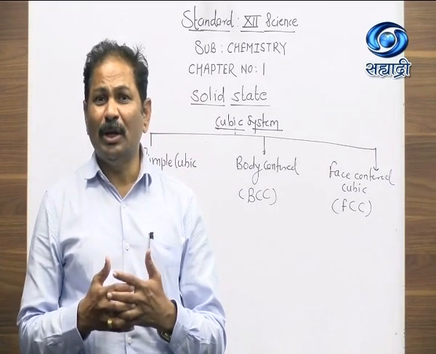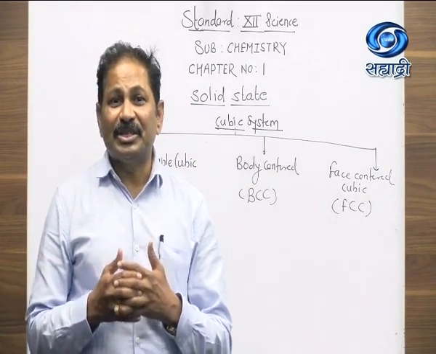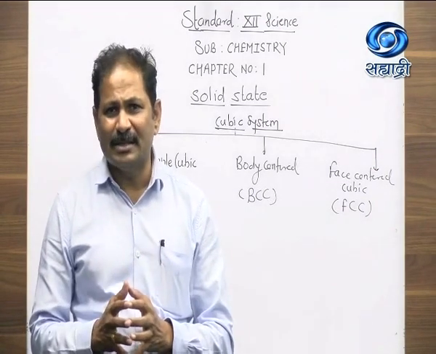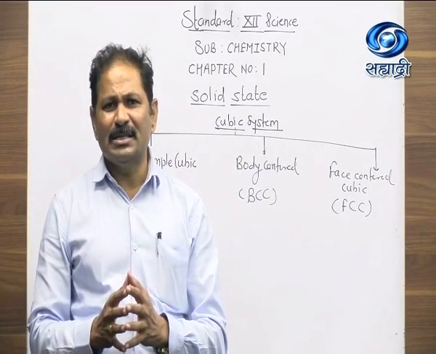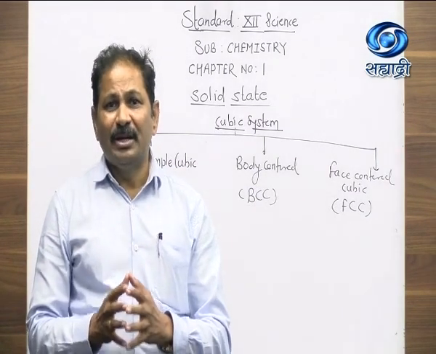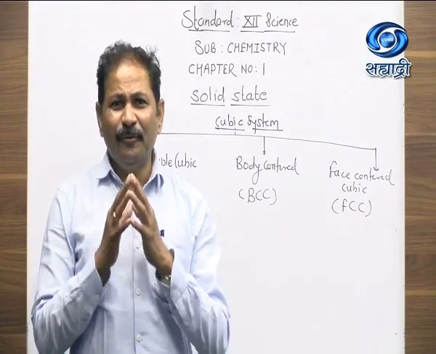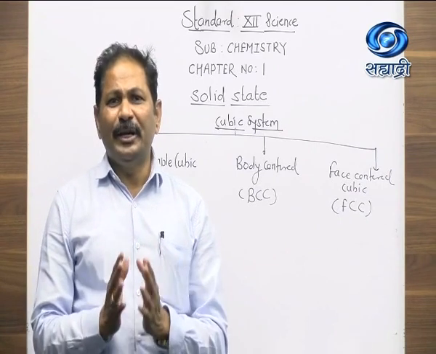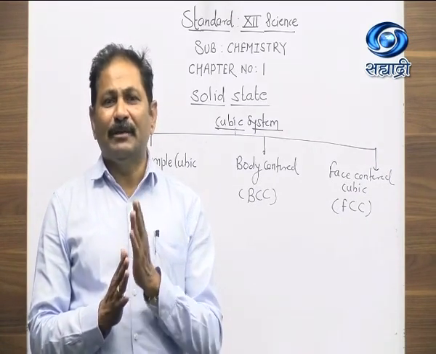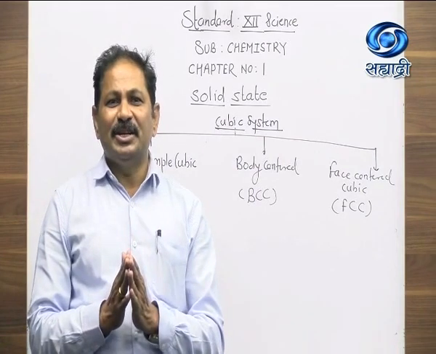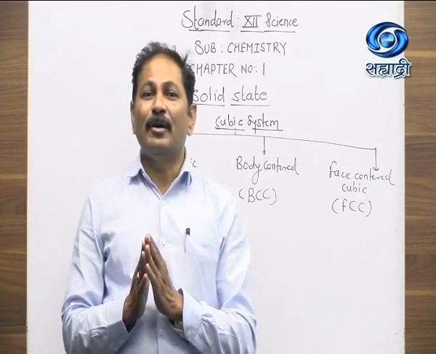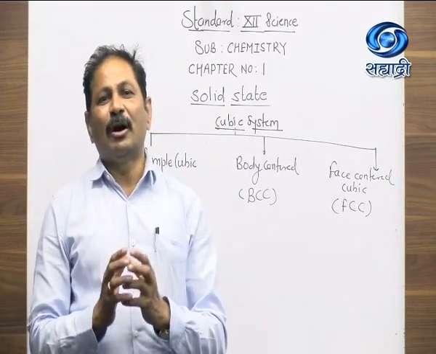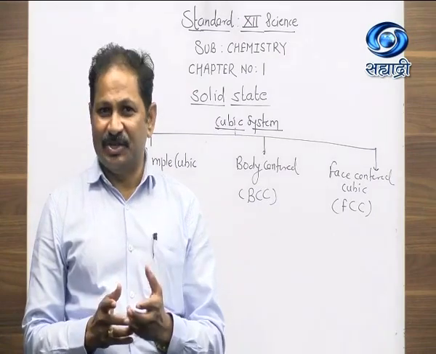Again we discussed the total number of atoms present in each crystal system. With the help of that, we derived formulas which relate the molar mass, volume of unit cell, and density of unit cell. If we know 4 parameters out of 5, we can find the 5th parameter by using the formula D is equal to Z into M upon a cube into Na. We will solve a few numericals with the help of that in the next lecture.